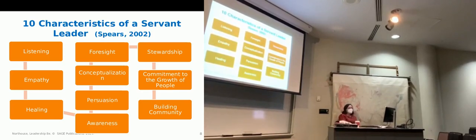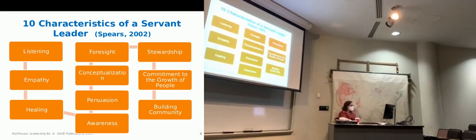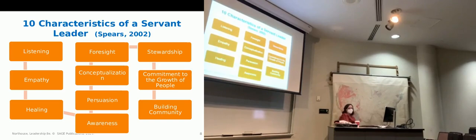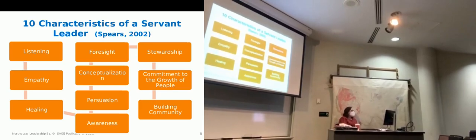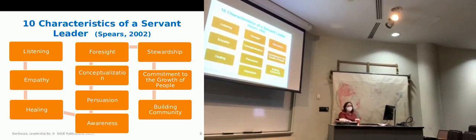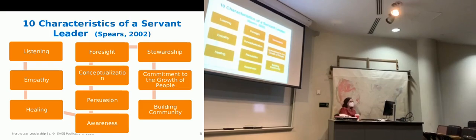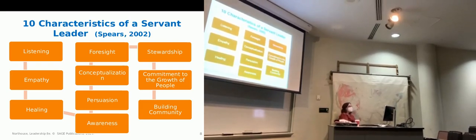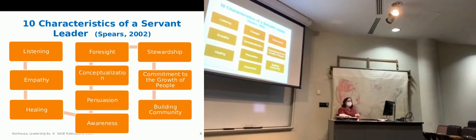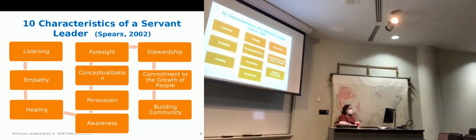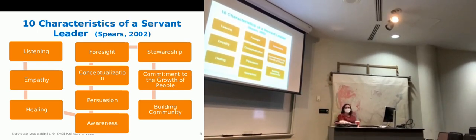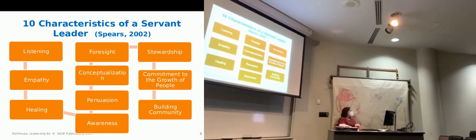And then finally, servant leadership is going to be all about building community. So it is not individualistic in the least. Although leaders and followers value each other individually, it's really about building the community. And so it's interesting, servant leadership has been shown to be one of the theories and approaches to leadership that has actually been the hardest for our particular culture to adopt. Why might that be? We talk about it and say we want servant leadership, but why might it be hard in practice for our culture to follow?